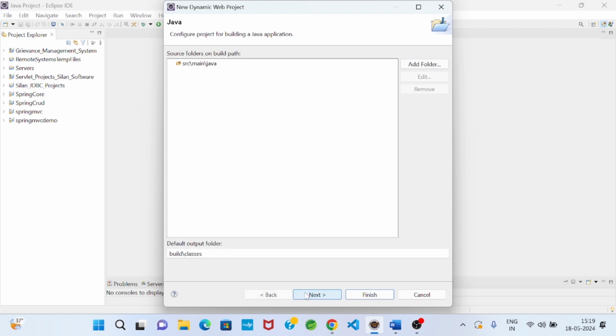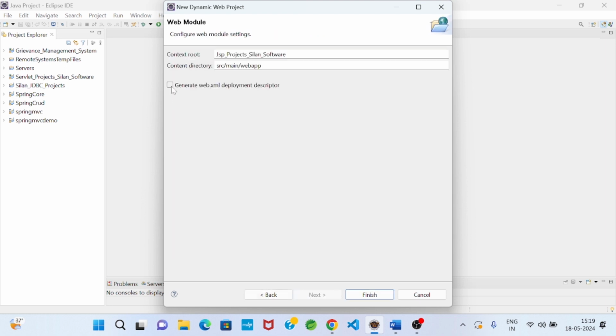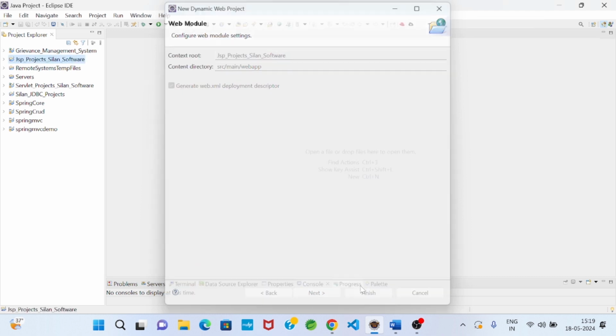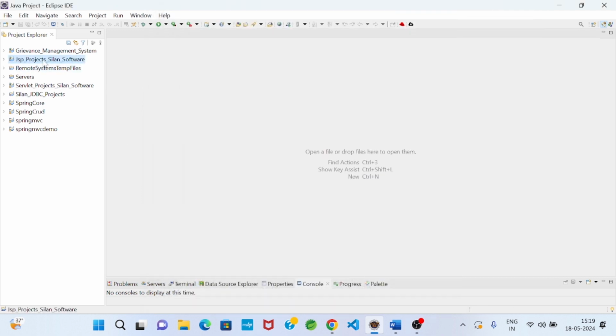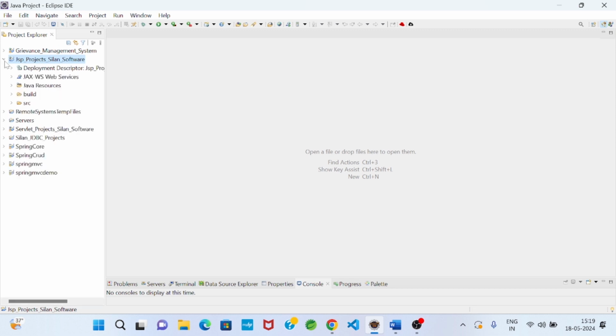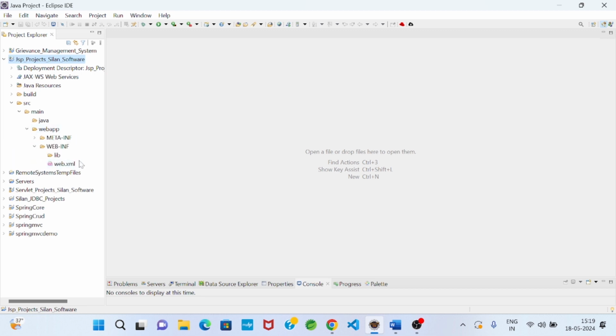Click on next button, put a tick mark for creating web.xml file. This point we already know from servlet. Then click on finish button. So now one project structure is created. Let me open all the files.